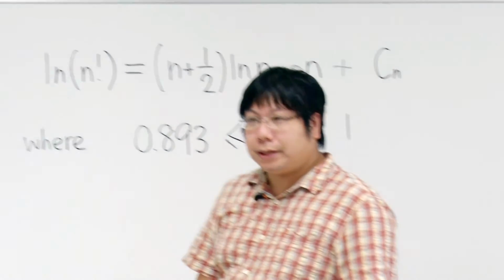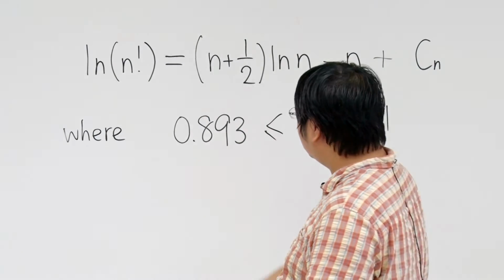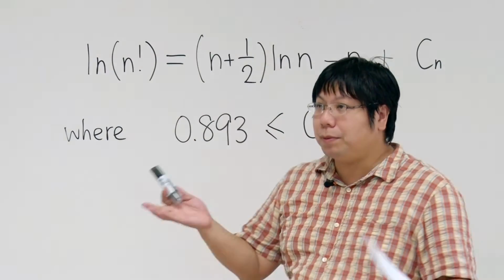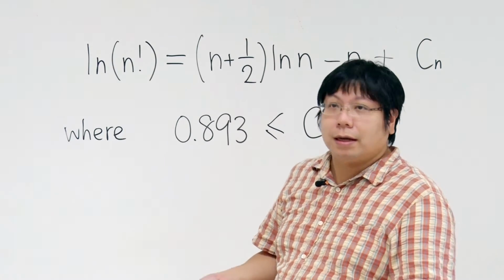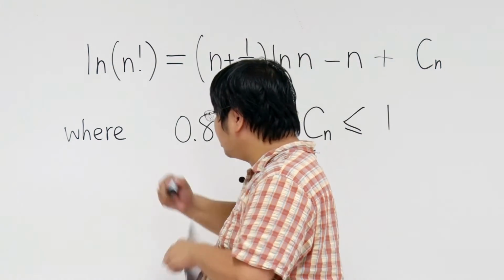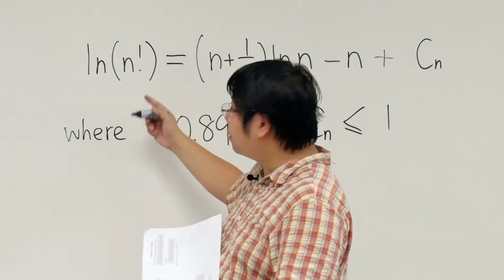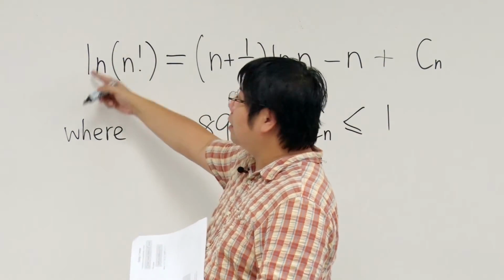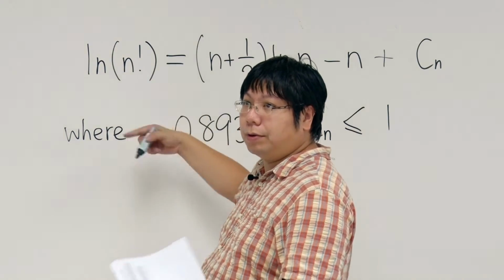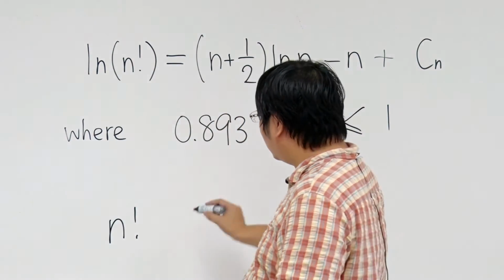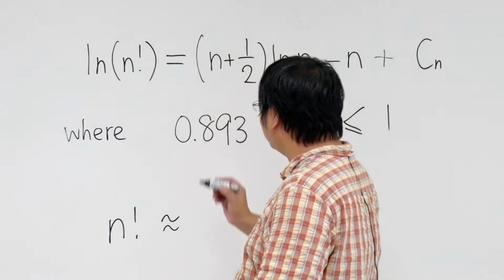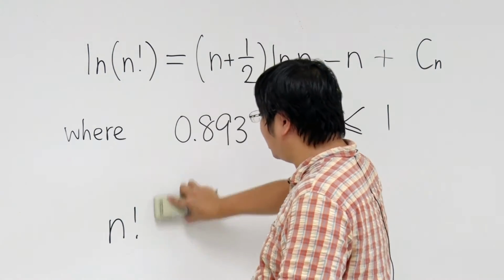So now, if we take the exponent on both sides, we should be able to see what n factorial looks like. And this is our point. If we take the exponent on both sides, then the log is gone. e to the power log of n factorial, we just have n factorial left. Is that okay? And then this will be roughly equal to,